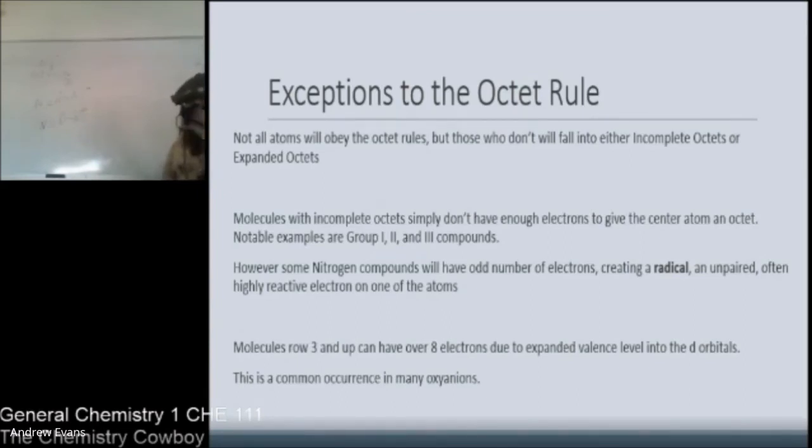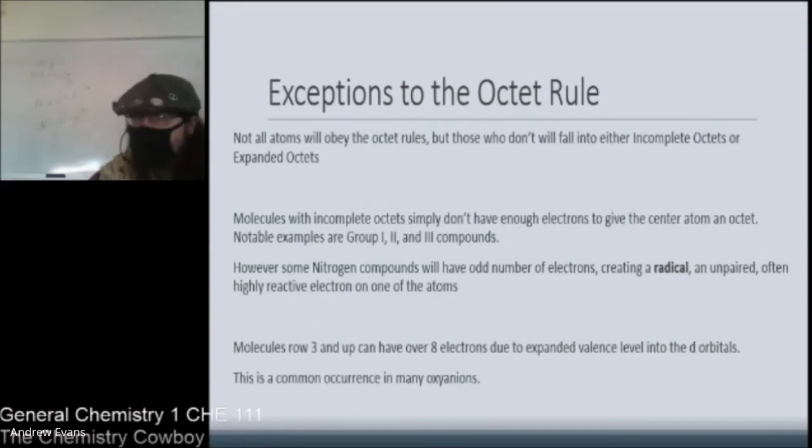If we ever have an odd number of electrons, for whatever reason, we're stuck, unable to make an octet on one of these atoms. In this case, we have what's called a radical, which is an unpaired electron,